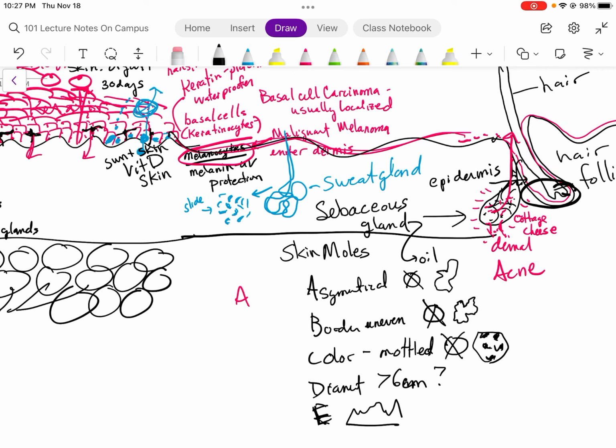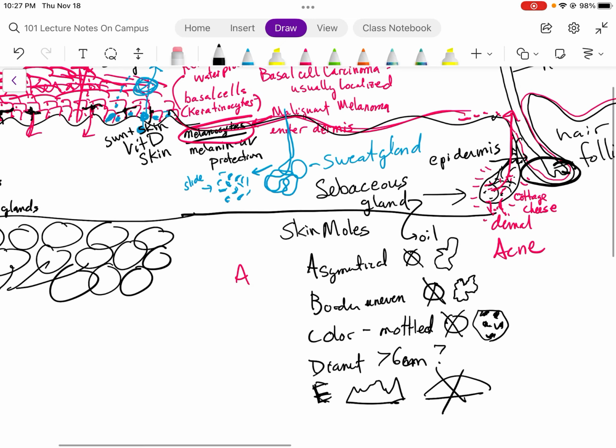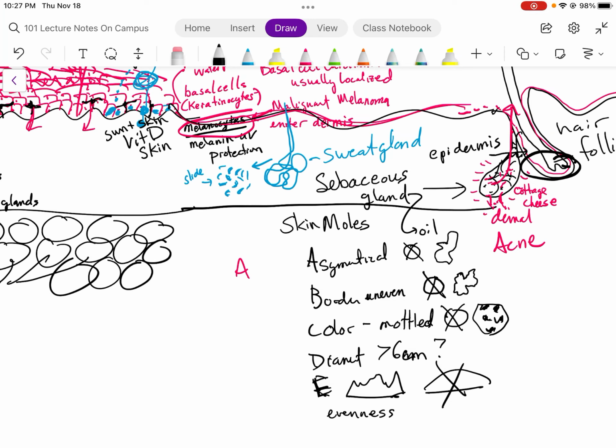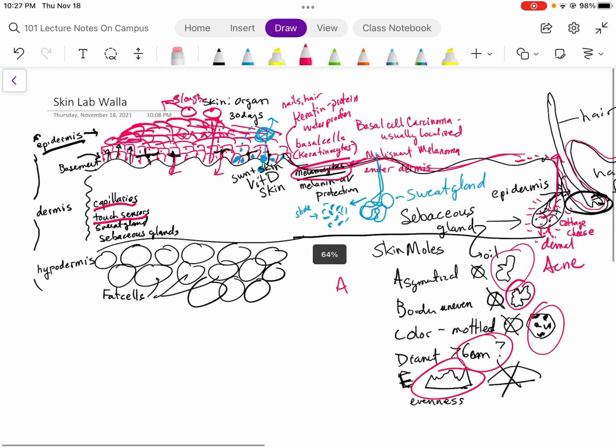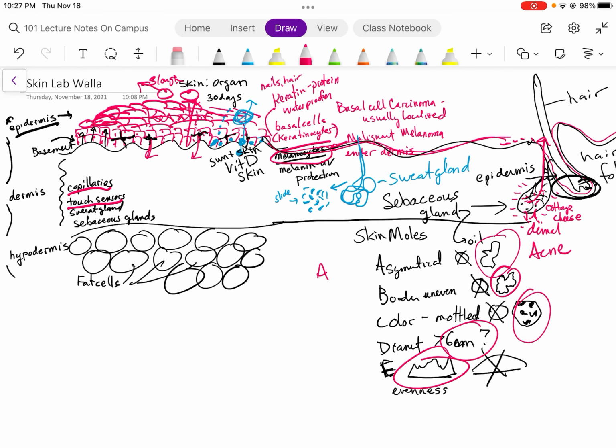So if you have a mole that looks like this on top instead of a mole that looks like that, that would mean that you should worry about that. Evenness, I think, is what that refers to. So, in any case, the ones that you should be worried about that might be related to early stages of cancers would be these things here. So that's something to watch out for. Protect your skin. It's the only skin that you have. And I think I've covered all the major aspects in